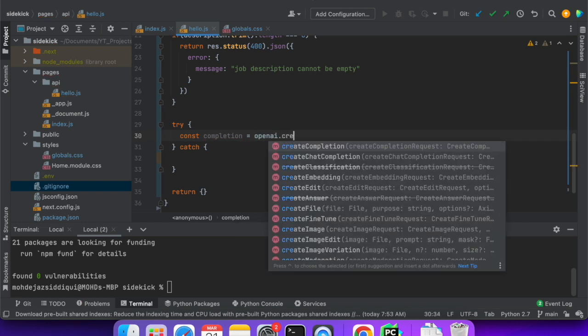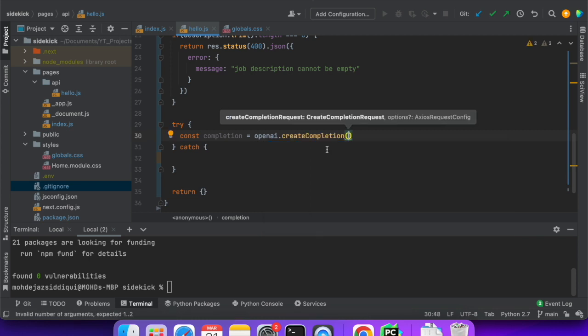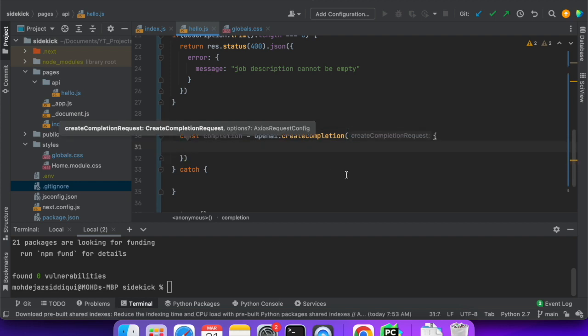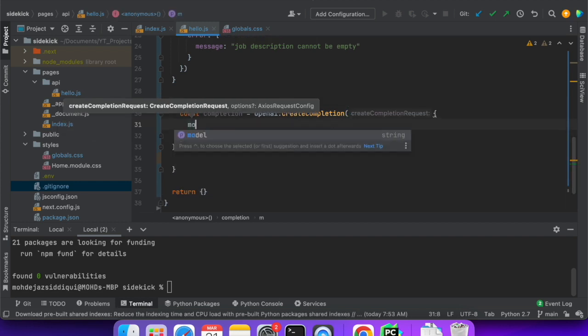Now the completion is OpenAI dot create completion. You can see there is a chat completion as well if you're using GPT 3.5, the ChatGPT API, so you have to use chat completion. Currently we are going to use create completion, as we'll be using the DaVinci model. So we have to do it like this: create completion, and in the completion we will be passing the model that